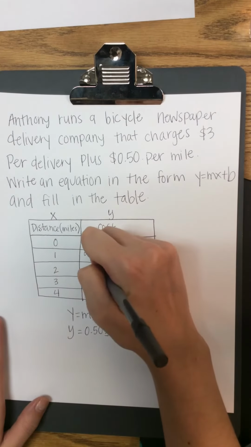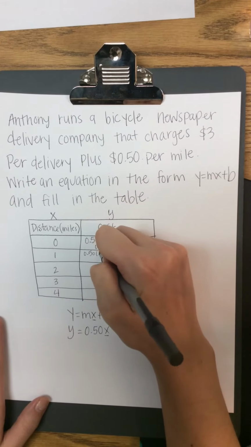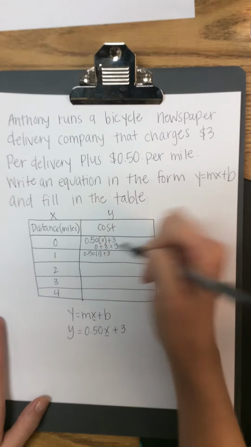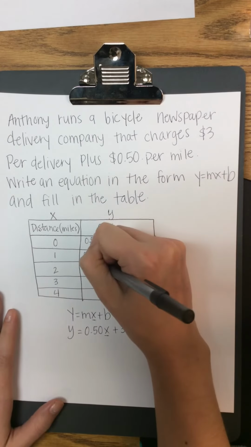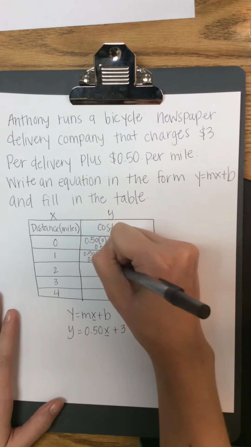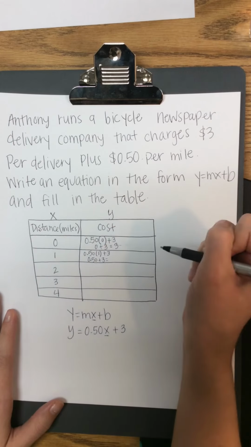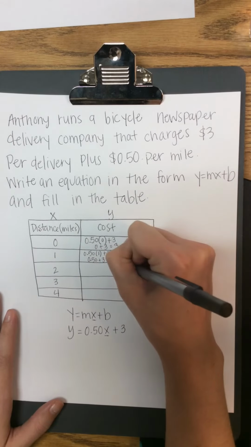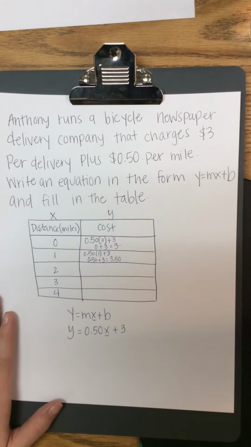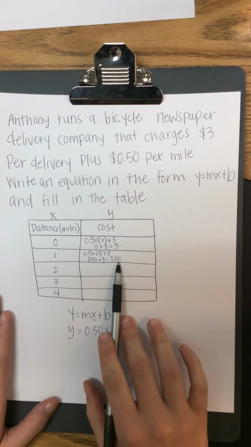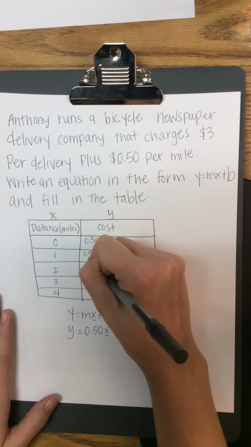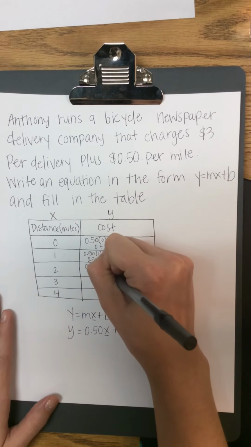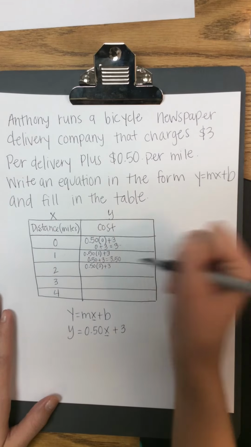0.50 times 1 plus 3. 0.50 times 1 is 0.50 plus 3. So that gives me 3.50. So for 1 mile, you are charged $3.50. For 2 miles, same thing, 0.50 times 2 plus 3,